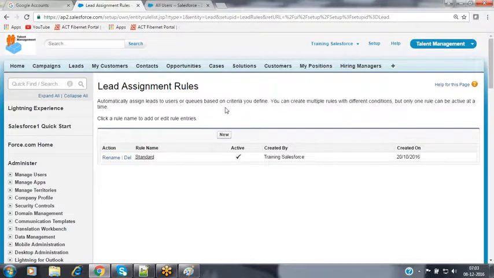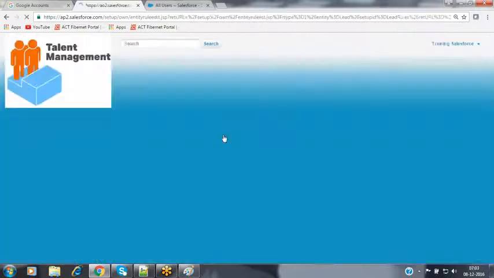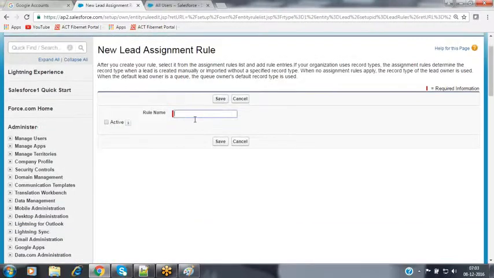By default, Salesforce creates one rule called Standard. The rule name is Standard, and the Active checkbox has been selected. Now, whenever I'm creating a new rule, click on the New button to create a new rule.